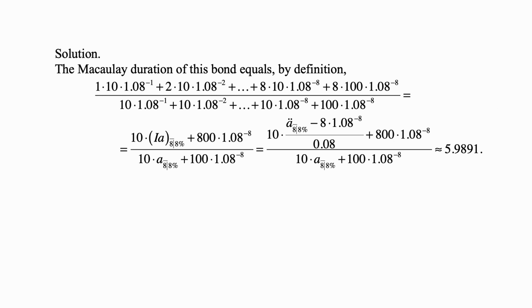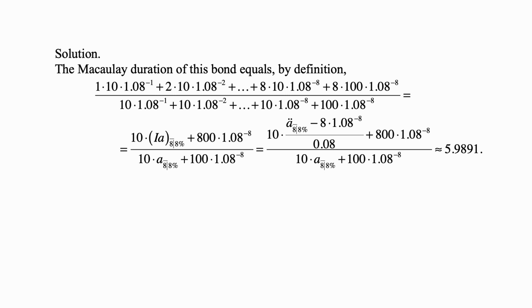Well, here's the solution. We can do this by just using the definition of Macaulay. Well, not really the definition, the central most important property of the Macaulay duration, that it's equal to the value weighted average time till payment. So the first payment comes at time 1, second at time 2, and so on, the last one at time 8, and the payments are 10, 10, and so on,